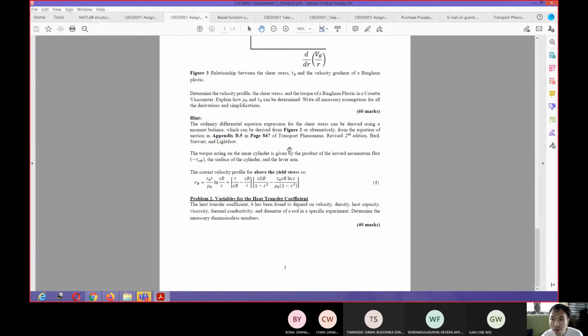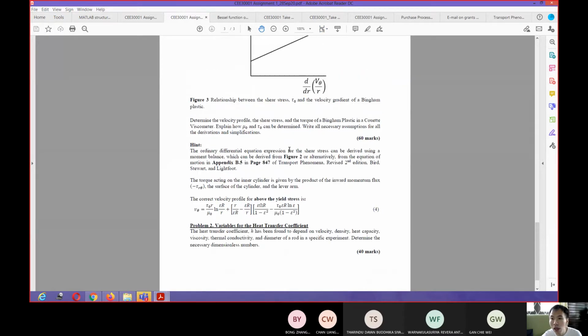Then I ask you to think about this. Everything up to now has been straightforward, but I also want you to tell me something from your own thinking. Transfer phenomena is not supposed to be just the mathematical derivation. It's supposed to give you a way to go into the lab and figure out a physical property from something that can be done using an experiment. So this is where transfer phenomena has significance.